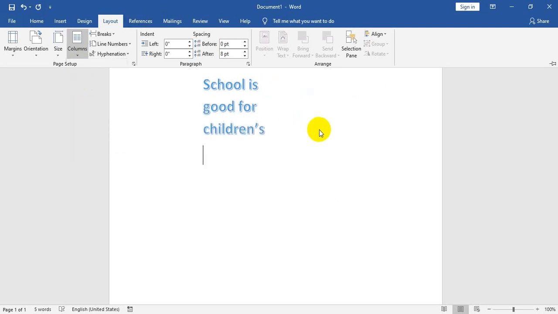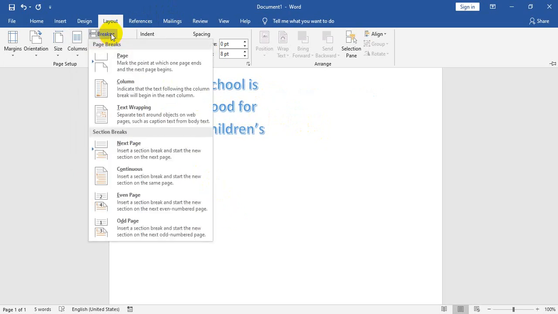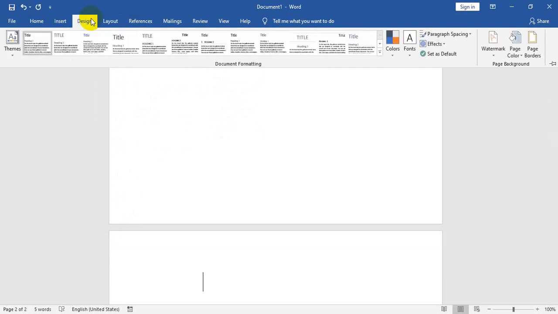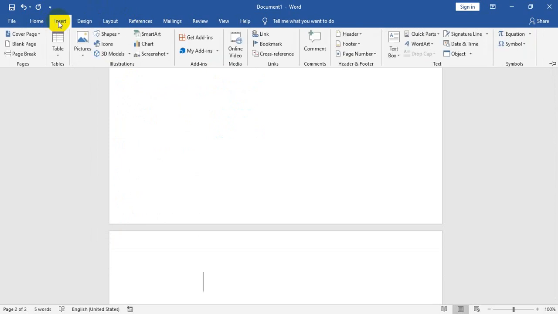So one column is here and the other column is here. Similarly, if you want a page break, click on break and then click on page, so another page will start. So in this way you can divide the document into 2 pages.